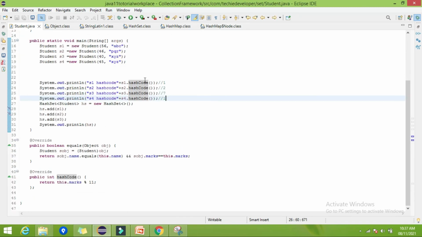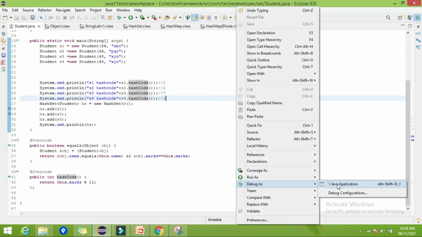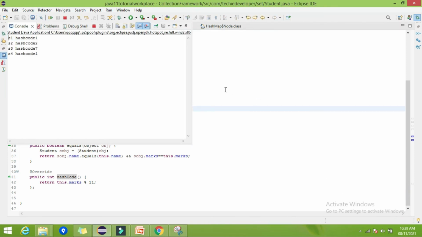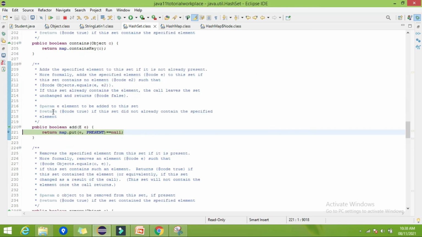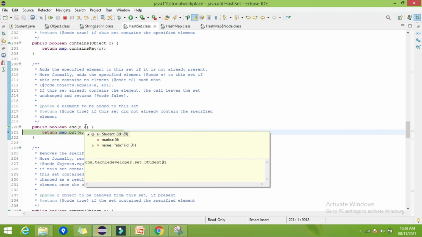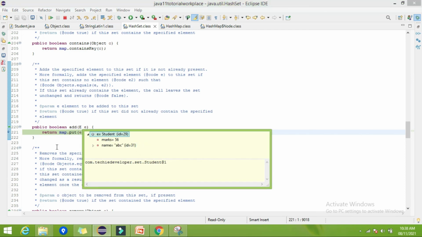Okay, so let me show you by debugging directly. So here let's go inside the add method. So here you can find key, whatever the value we are going to add, that is s1 abc 56, right?